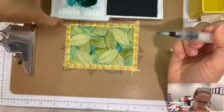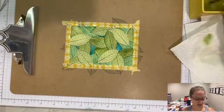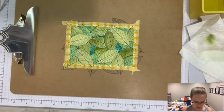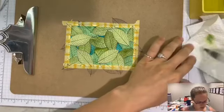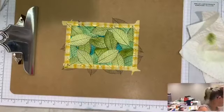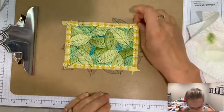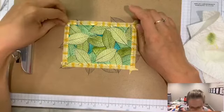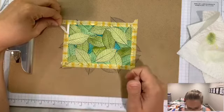It's done. Now for the big reveal. Ooh, let's remove that washi tape. Now I would recommend that we let it dry maybe before removing the washi tape, but I didn't make one ahead of time, so I can't show you what it would look like. Now, when you remove the washi tape, you want to peel away from the paper, so that if it does rip, you're not gonna rip over on your...